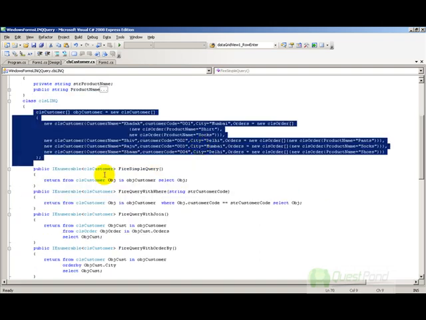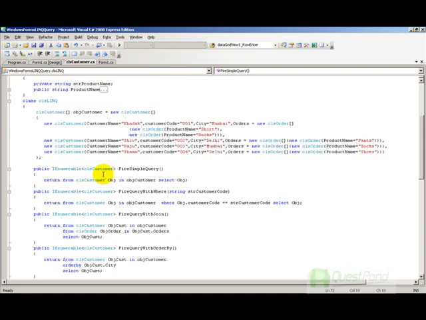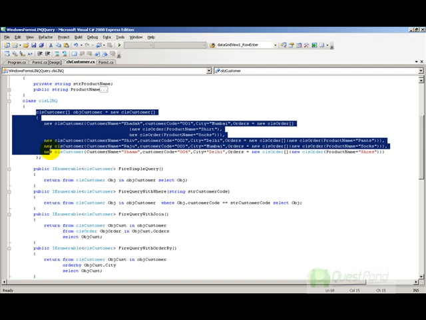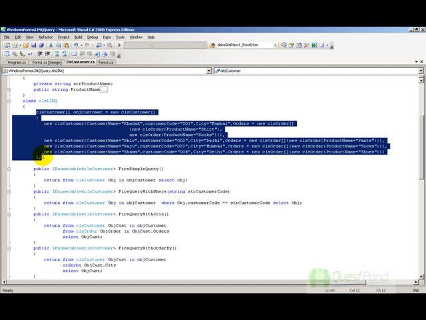Then I have made a couple of methods, which will fire a LINQ query on this data. At this moment, we have taken our data source as the business object collection, but it's very much possible that you can use a data set, an Excel object, probably an XML data reader, anything which you want, but the LINQ query will not change.